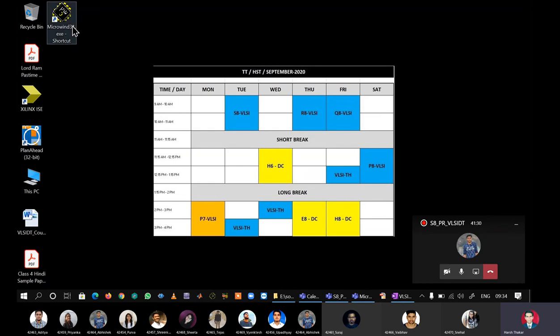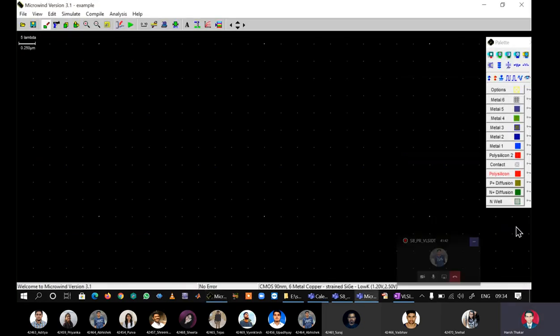I can also move this tool with other tools, right? So you can double click this application file shortcut, and by double clicking it, the tool is invoked. So when I double click this, this is what you see. Are you able to see a tool which has opened a different kind of workspace in front of you? Yes, sir. Yeah. So this is the graphical user interface of Microwind version 3.1.